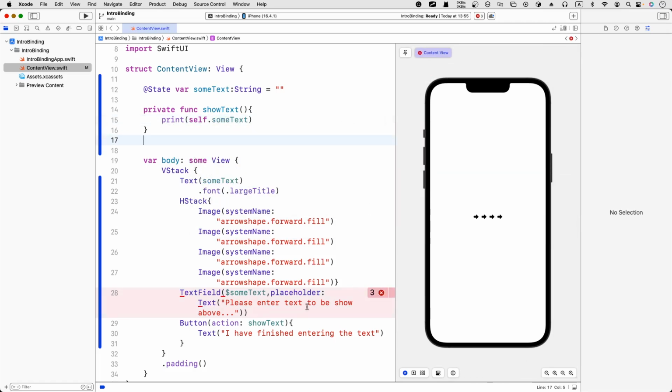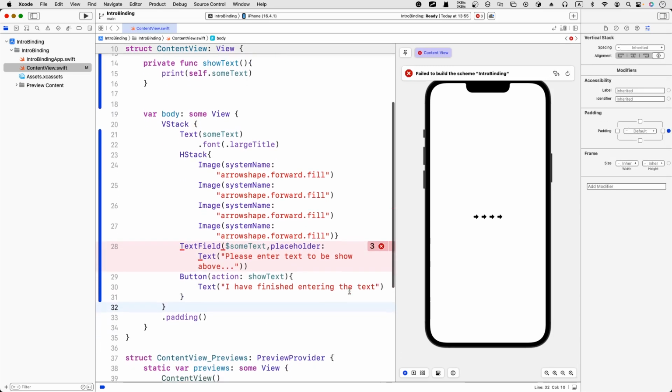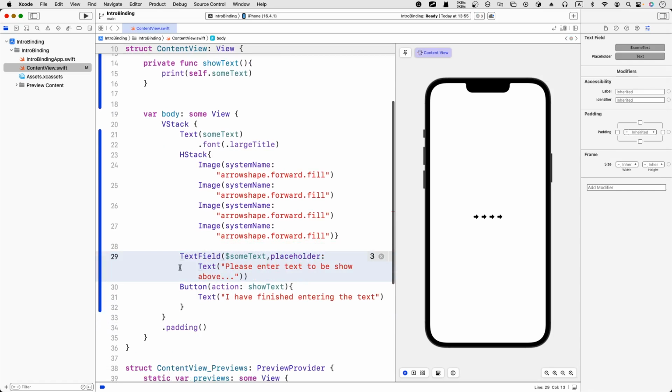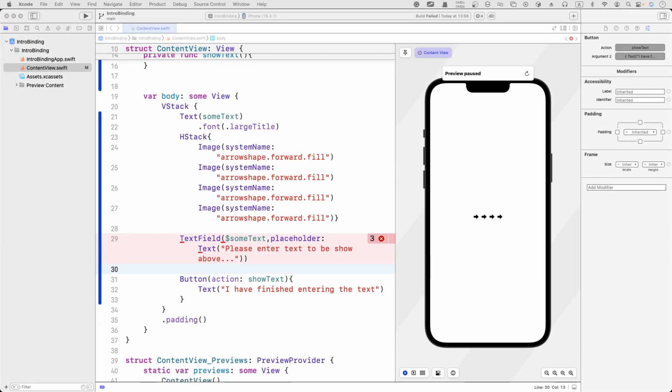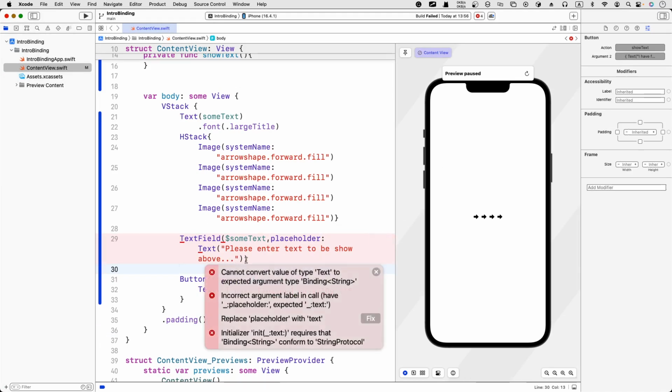Okay, so I think the error will be gone, and if you still see this error, you can click here, and this is a sort of an old